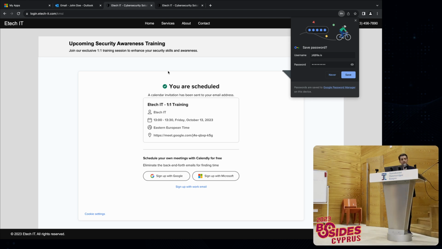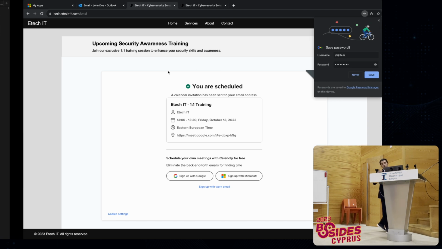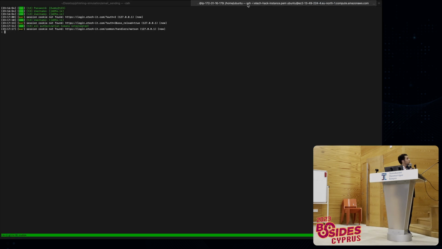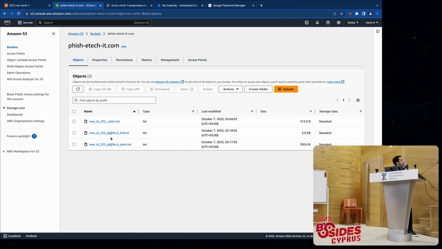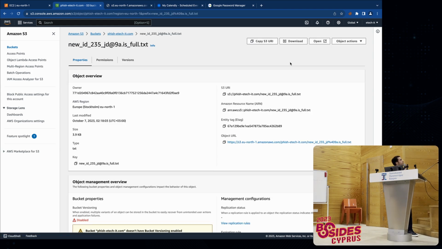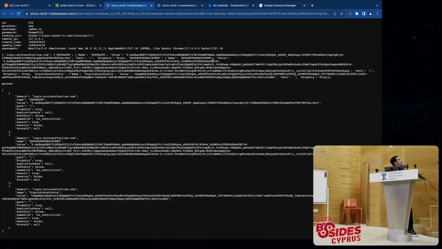What just happened right now is that we've been able to steal everything that's needed to get access to this account. We have the username, we have the password, which are shown here, and then we have something even better, which is the authentication tokens. So they got uploaded here. So you see here, we've uploaded to the S3 bucket the username and the password, and then we have the authentication tokens. Now I'm just going to copy them